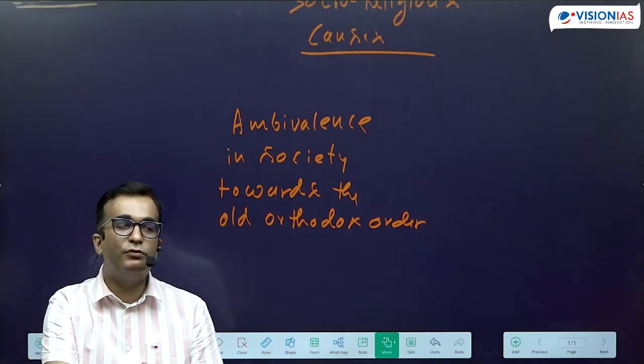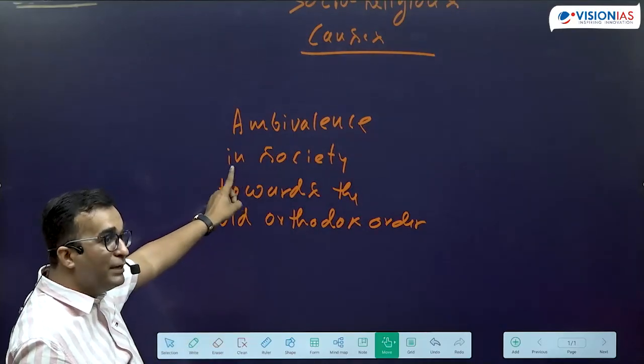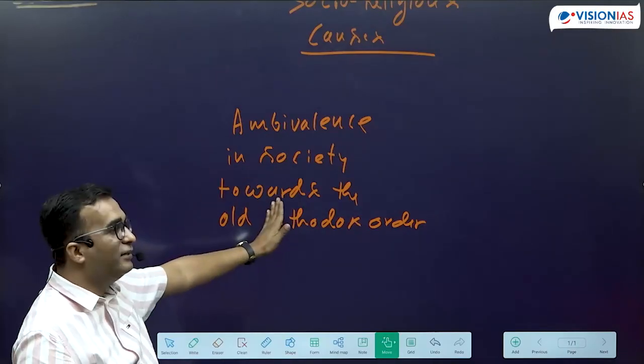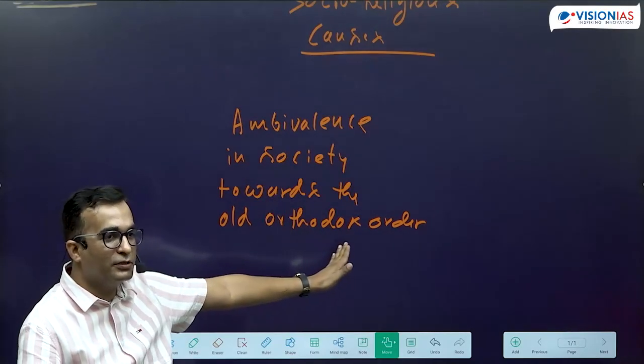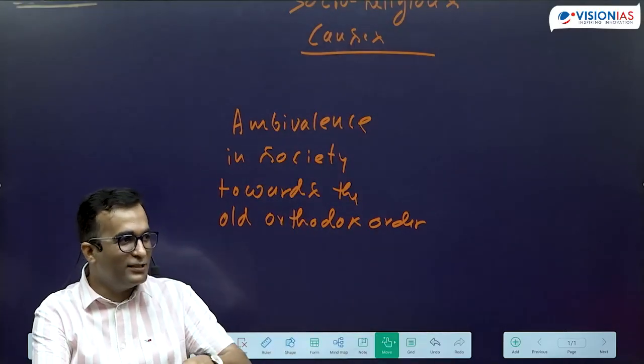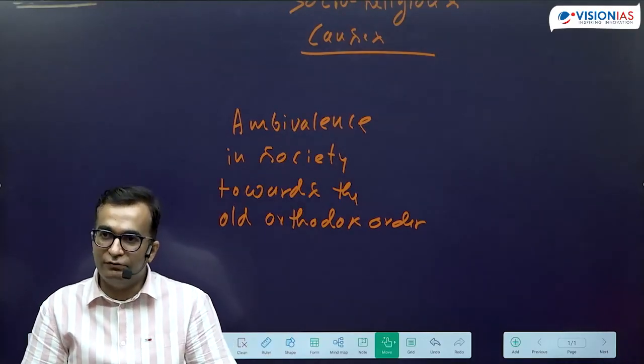So this is what we mean when we say they tried to impose the reforms, forcefully. Then we had a tendency to go toward the old orthodoxies: bad or not, now we will do just this. You know, this kind of attitude many a times develops. So this is what started to happen at this point of time.